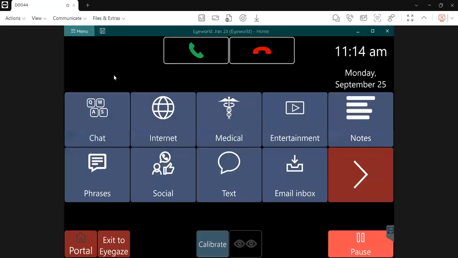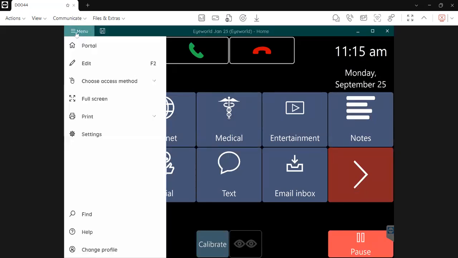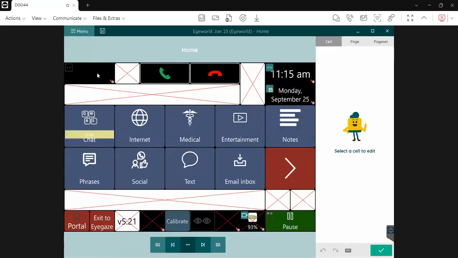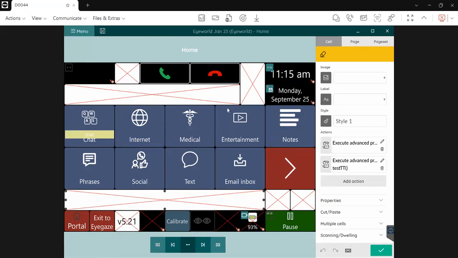There we go. Now from the iWorld homepage, I want to make a button that jumps right to the message set. So I'm going to put this page into edit mode, and I'm going to add a button. So we can add a button anywhere down here. This will be a big button. Let's go ahead and just